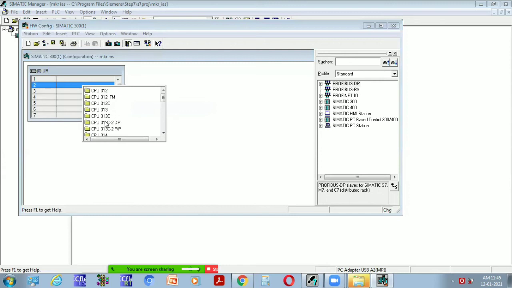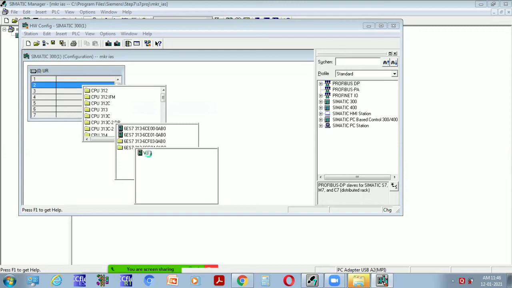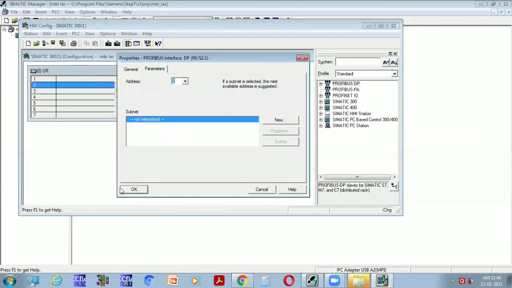So in S7-300, CPU 313C-2DP, and this is the model number, and just click on V3.3. Next, click on OK.